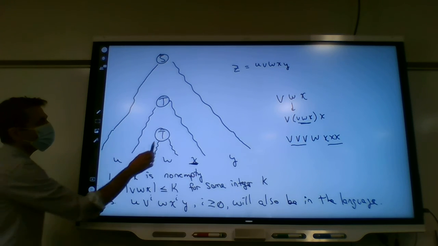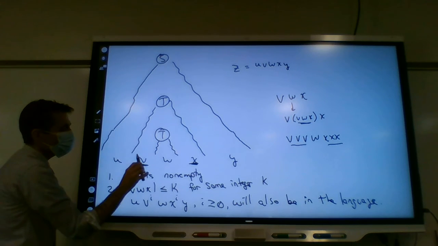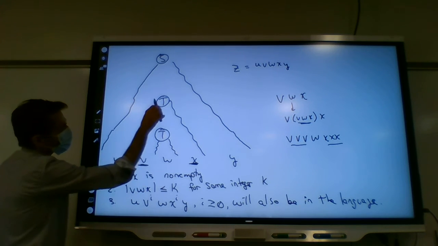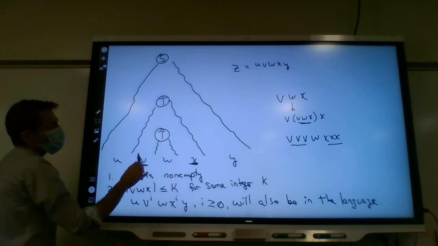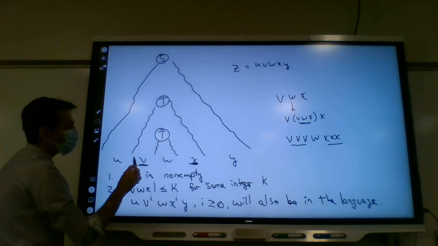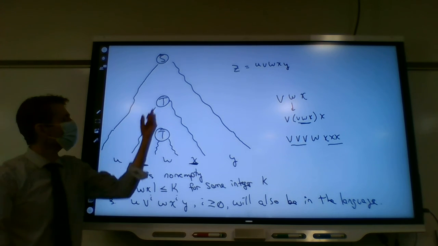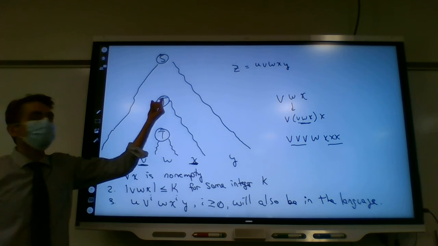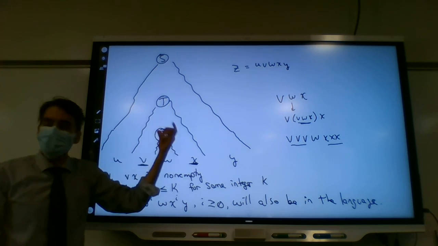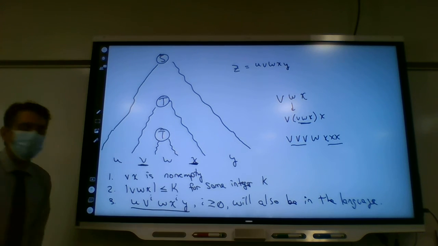I could say, let's skip the next to last one. When I get here, instead of going vwx like we said there, we could have just gone w. Or when we get here, instead of replacing with w, let's replace it with this again, and again and again. And so we're able to generate pieces like this.